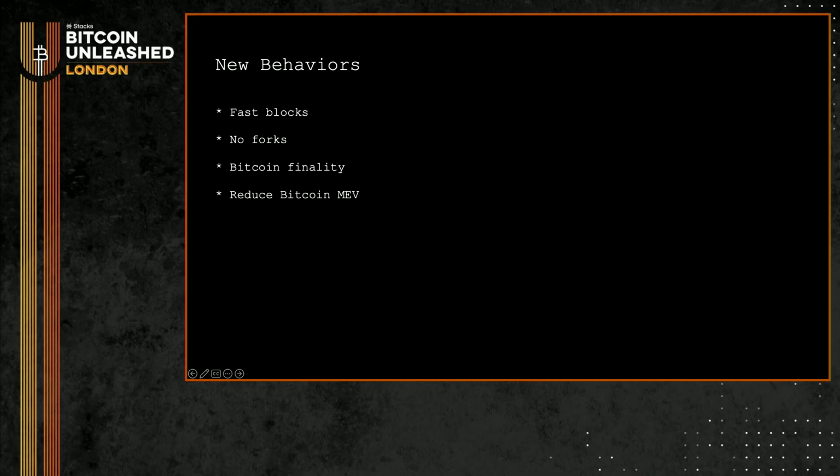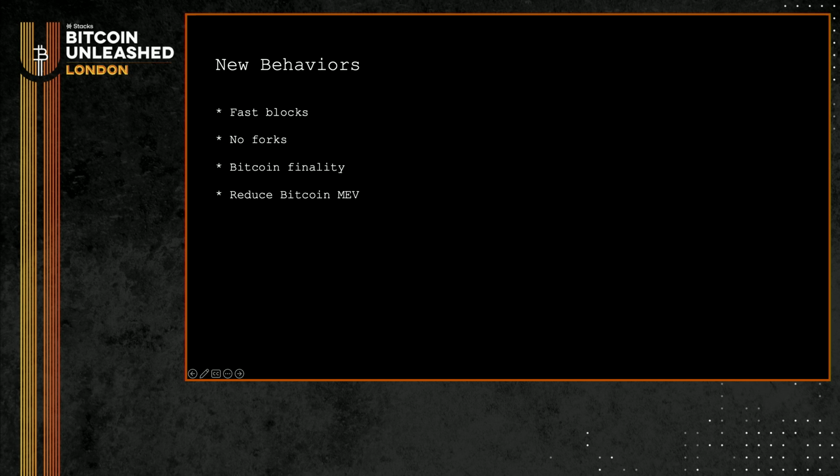As you might have heard, Nakamoto has fast blocks, much faster than what it is today. We're talking on the order of 5 seconds for a transaction confirmation. There are no more forks in the Nakamoto system either. Miners must confirm the Stacks chain tip. Forks can only happen if Bitcoin itself forks, and that leads into the third new behavior we have, which is